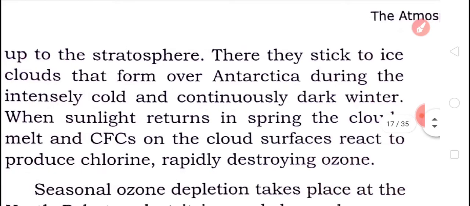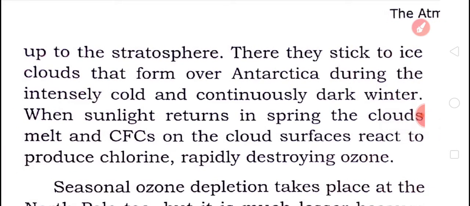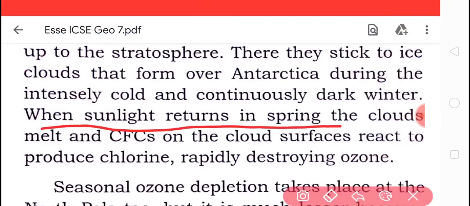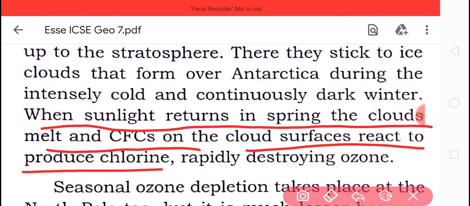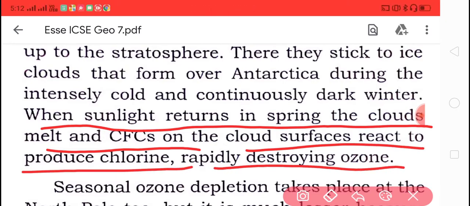When the sunlight returns in spring, the clouds melt and the CFC on the cloud surface reacts to produce chlorine rapidly, and they destroy the ozone.